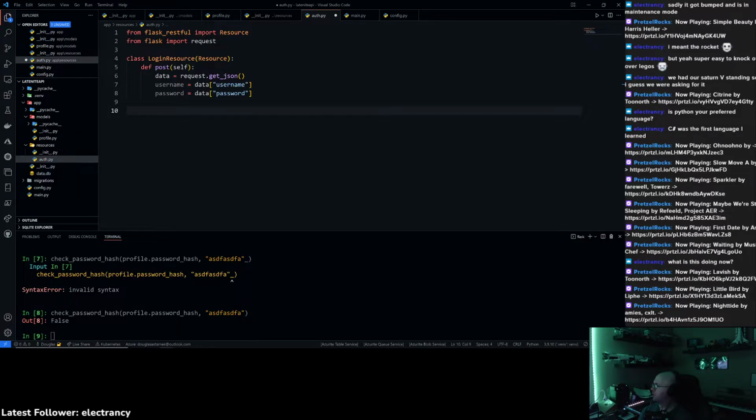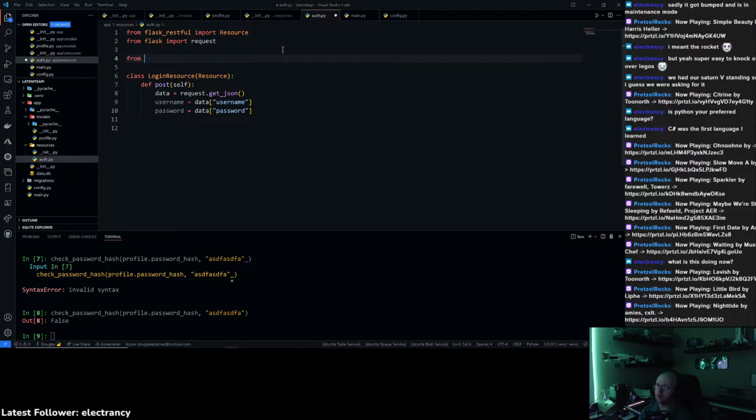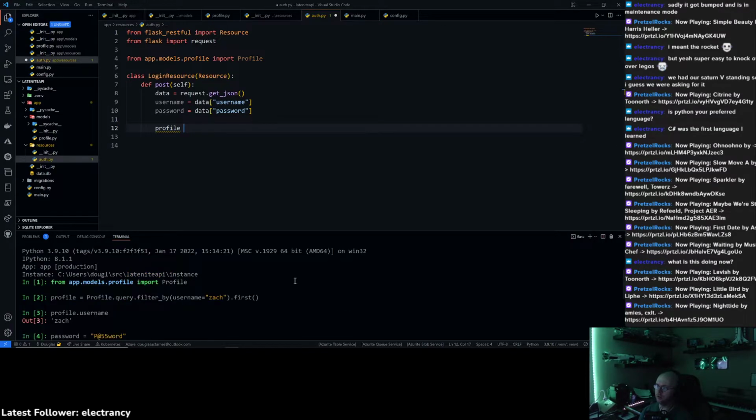Going through my notes here just to make sure I'm not messing things up too badly. Yeah, no, I'm on track. Because what I need to do is say from app.models.profile, import that profile model, because what I need to do is basically use something very similar to what I did down here. So equals